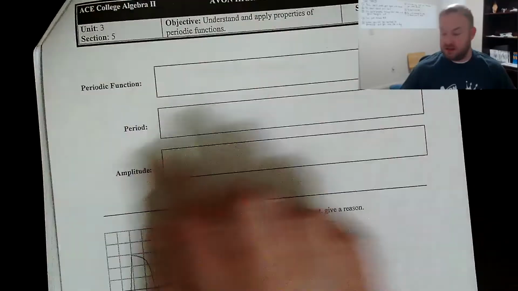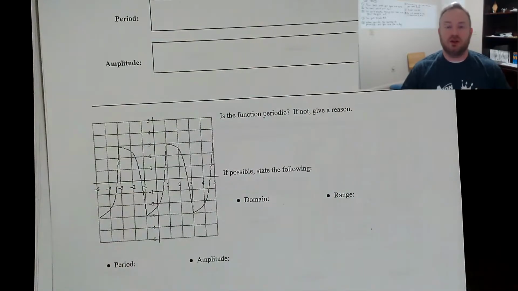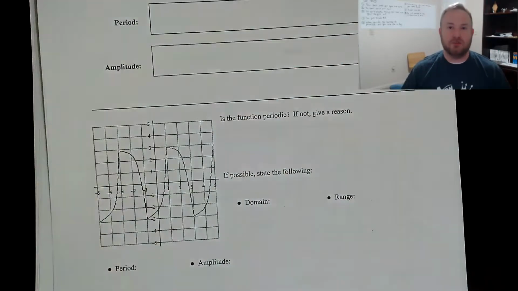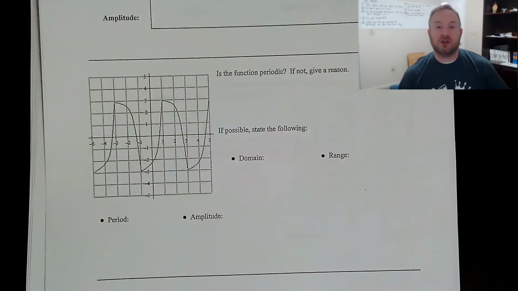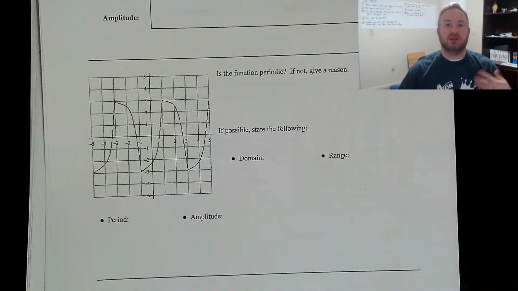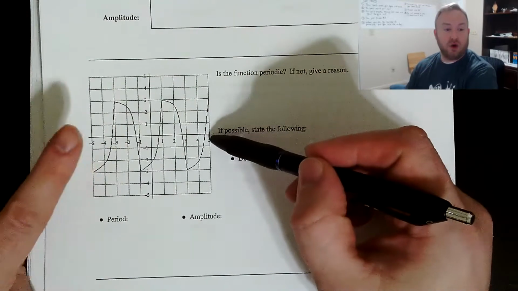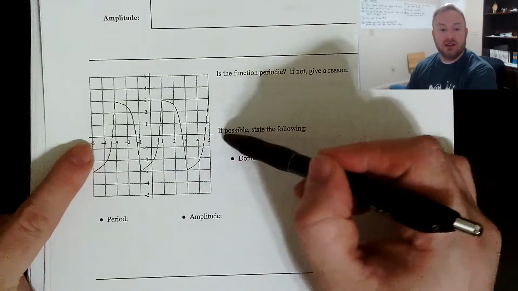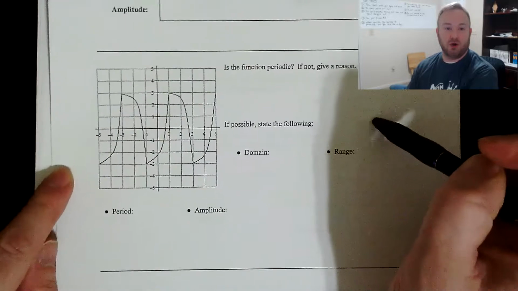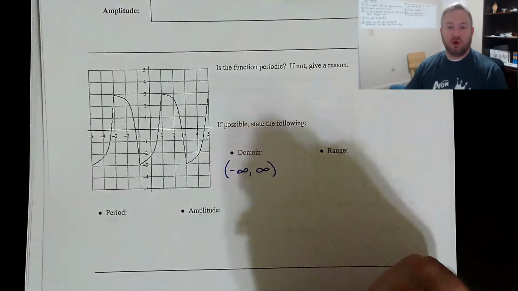I'm not going to worry about writing down definitions up here until a little bit later on today. I'm just going to explain to you what a periodic function is, and then we'll come back and we'll put some legit definitions down. So at the bottom of this page, you have an example of a periodic function, which is simply a function that repeats itself over and over again, it has multiple cycles of the function. And one thing that I want you to know is that even though this graph only goes to -5 and +5 on the x-axis, this function will continue to repeat itself indefinitely in both directions, meaning the domain is always going to be all real numbers, okay?